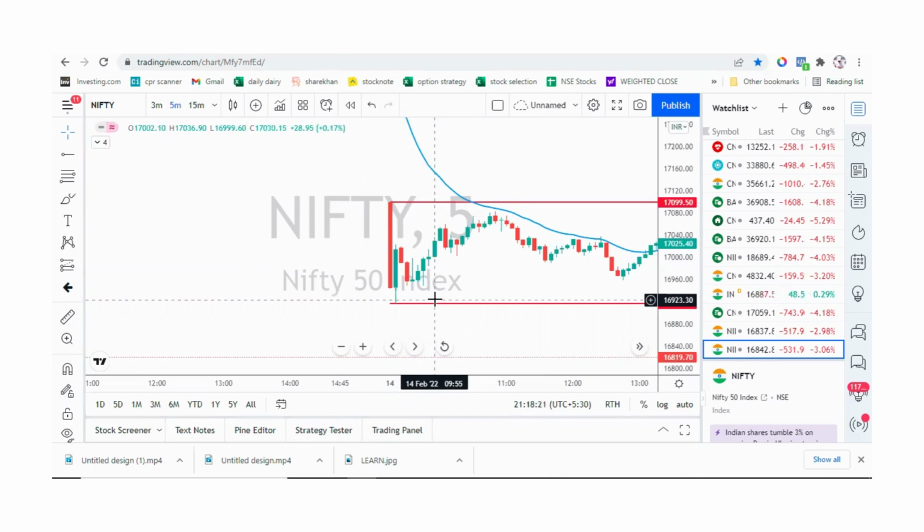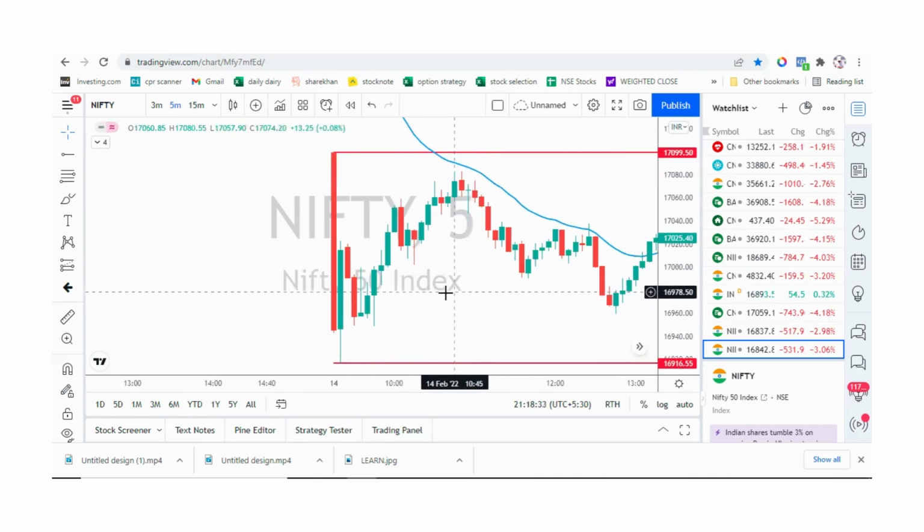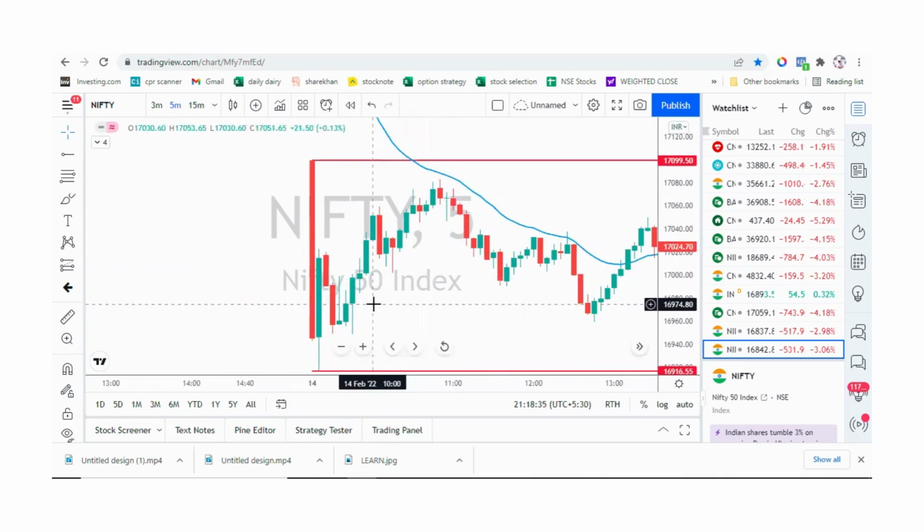Even on this, the range is high. Even on this, the range is 30 and 53. This is almost 23 points. So I can consider this as the candle for our trade. But there is no support and resistance for this candle. This candle is hanging in the air. So there is no support or resistance on this candle, so we will not be able to take any trade on this candle.